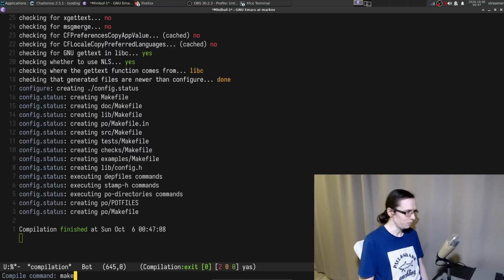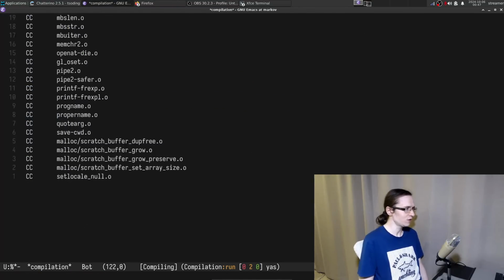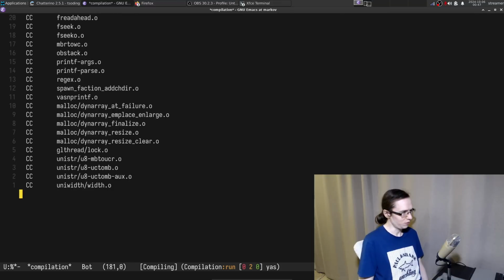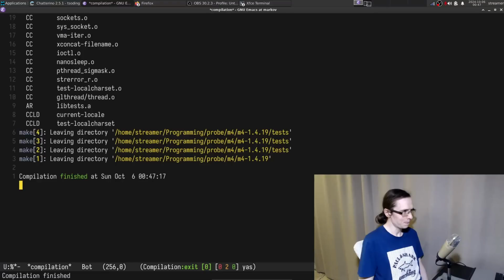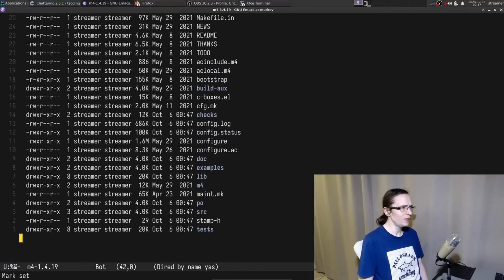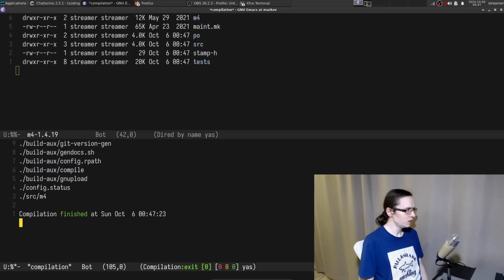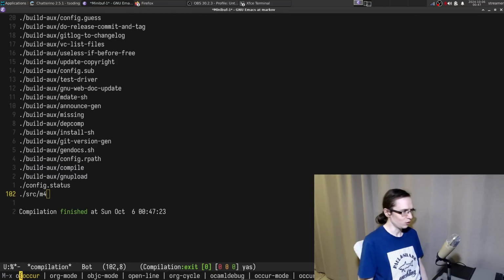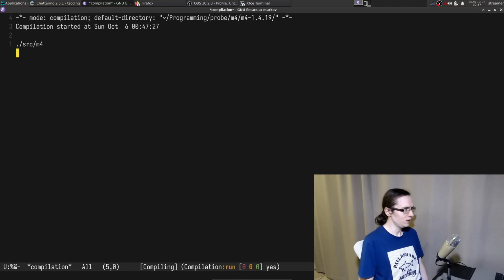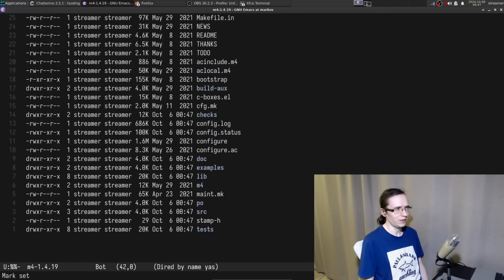Okay, so can I build this entire thing with 5 threads? It's a 5 threads build of M4, and we managed to build that. Do we have a file that is executable? Here we go. Here is an executable file, and it does the thing. So I can probably run things with that file. Okay, so we managed to produce an executable. That's pretty cool.